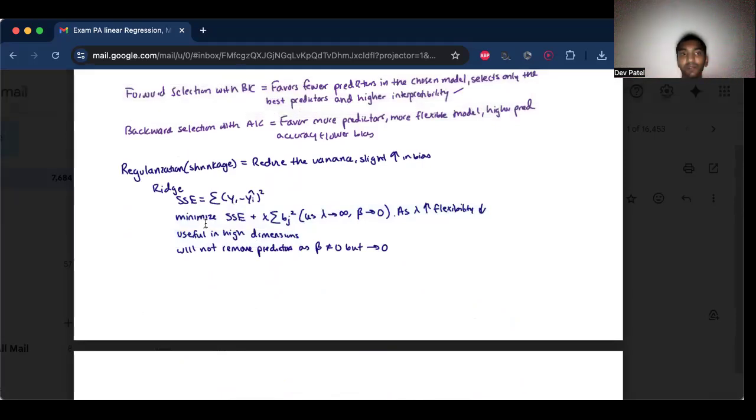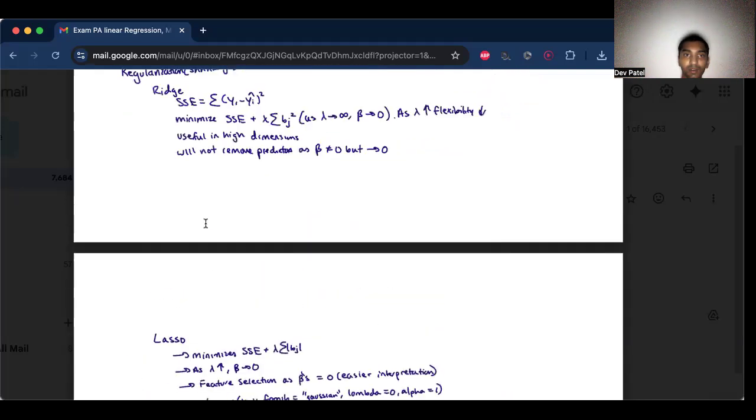In general, the idea of regularization is we're minimizing the SSE plus another term. For ridge, that other term is lambda times the sum of the coefficients squared. Lambda is the regularization parameter. As lambda increases, our flexibility is going to decrease. This means that we're going to be less able to capture a lot of the specific trends in the model, and we're going to have a high bias. It's going to underfit our data,